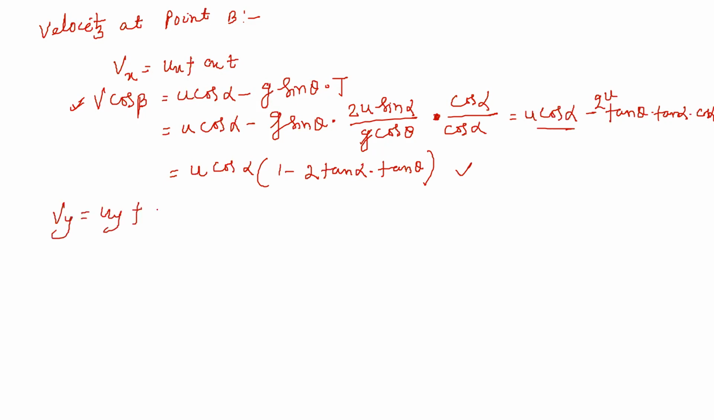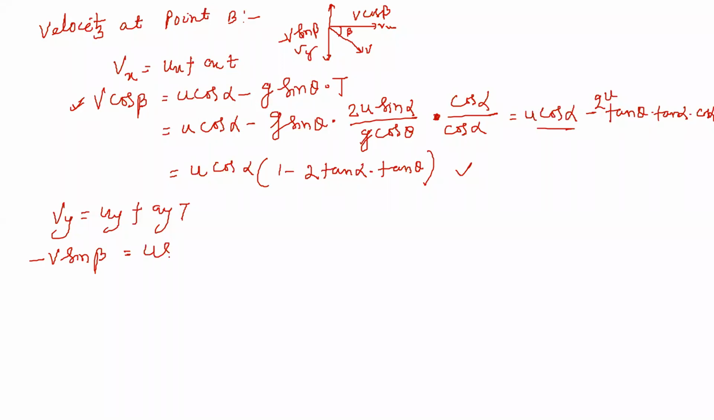Uy plus ay into t. And vy, how much? It was like this. The v was like this. It was vx and vy and it was beta. This is v. Yes or no? This is v cos beta, and this is v sin beta, and here I am taking it as minus v sin beta. Then I can write minus v sin beta